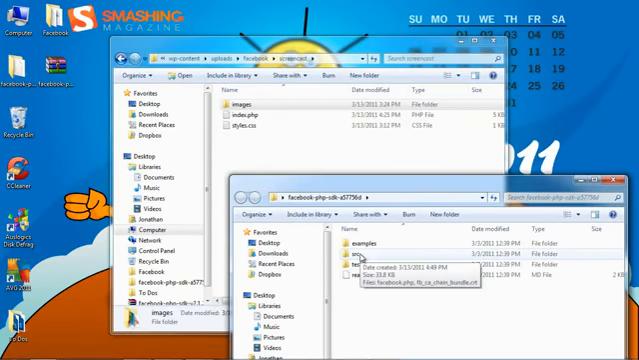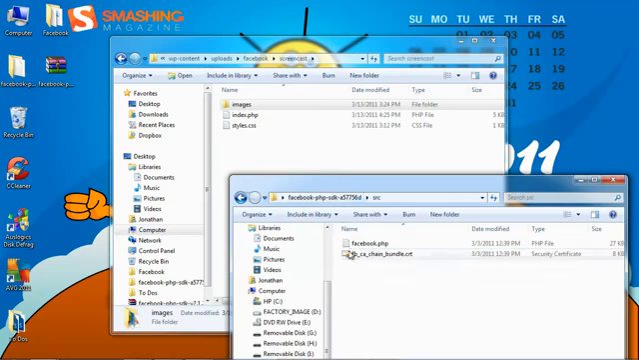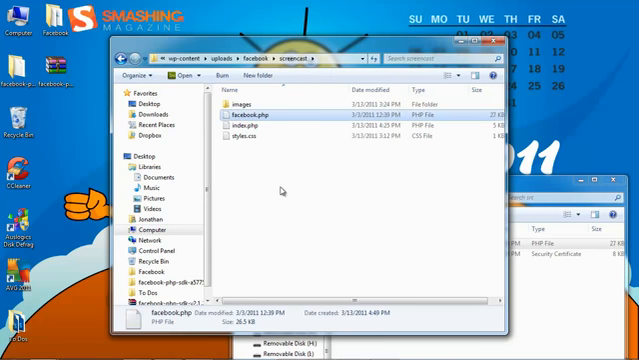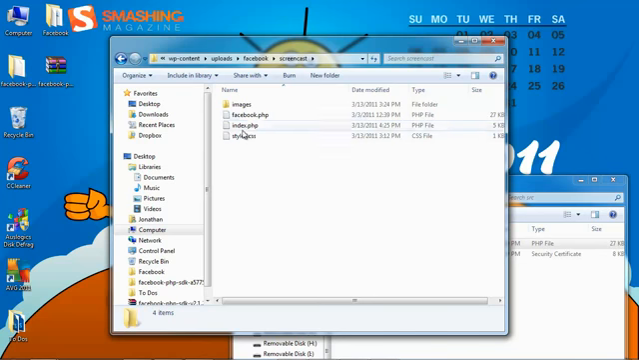What we want is we want the actual facebook.php file. So we're going to go into source. I'm going to use Control-C, copy facebook.php, head on back over to our folder with our files, and we want to paste facebook.php right in the root of our Facebook page. So what you see here is we'll have the three files, facebook.php,